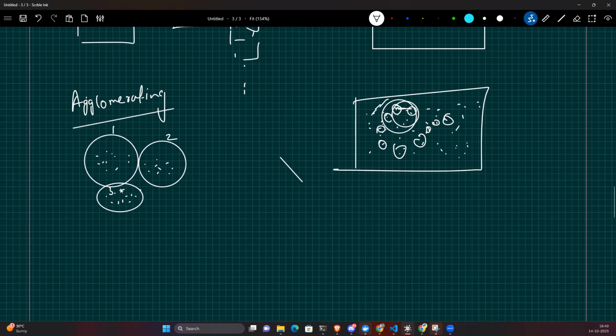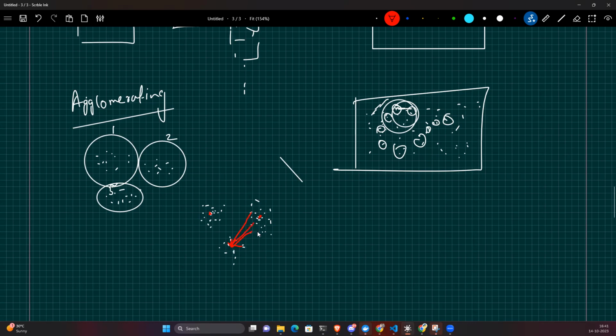K distinct non-overlapping clusters, based on their distance from the K centers. Let's suppose this is the data point. I'll show you in the Python implementation as well. We are going to create a centroid. First of all, I will show you how the centroid gets created. Then we will calculate the distance of all the data points from it.